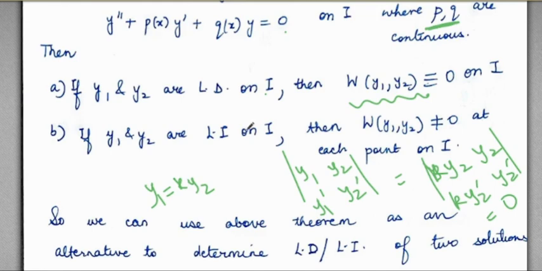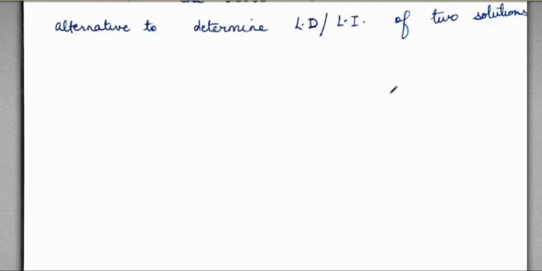The proof is elementary, but I am not going to discuss it in this video, otherwise the video will stretch way too long. So you just understand that if you have a second order homogeneous differential equation with continuous coefficients here, then you will have linear dependence of solutions if and only if their Wronskian is 0. You will have linear independence if Wronskian is non-zero. You will have linear dependence if Wronskian is 0. So we can use the above theorem as an alternative to determine linear dependence or independence of two solutions. See, the definition of linear dependence or independence is valid for functions, and this theorem is valid for solutions of such a differential equation. So you have to keep that in mind.